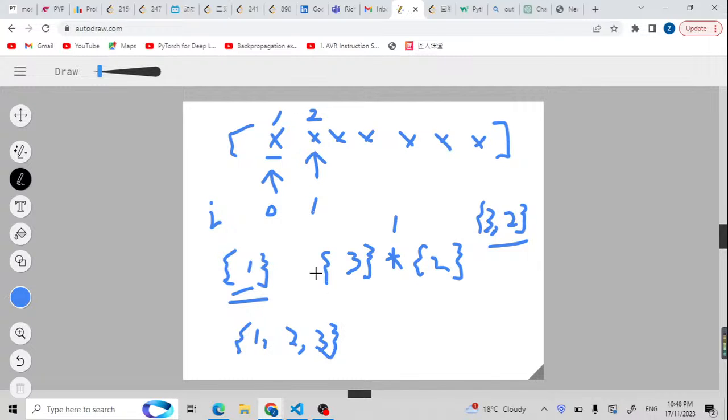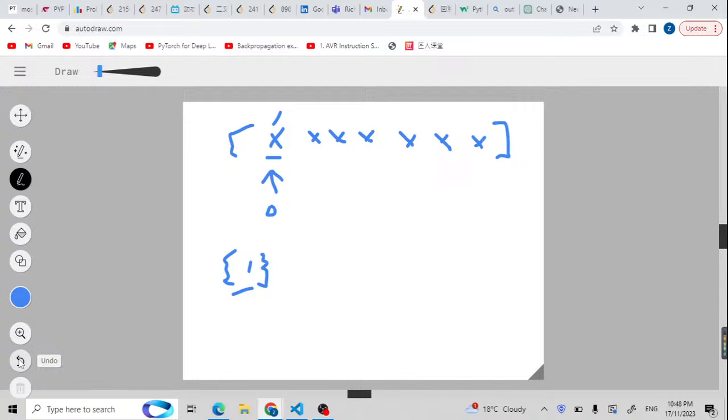But how should we prepare this kind of calculation? Basically, we're gonna prepare a DP array. So inside the DP array, the DP[i] is all the values calculated at index i. So this DP[i] is all the results before and also includes this index i. So when it comes to DP[i plus 1],